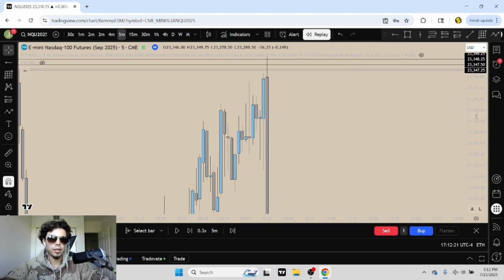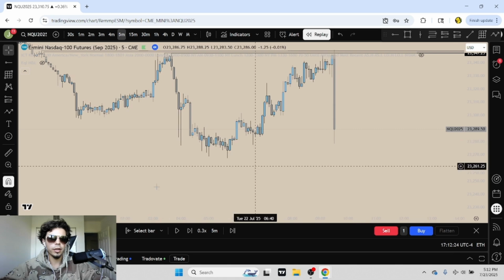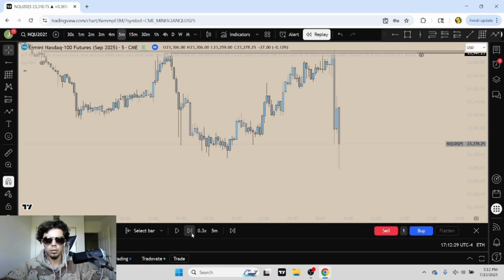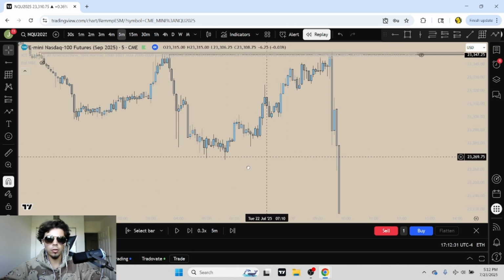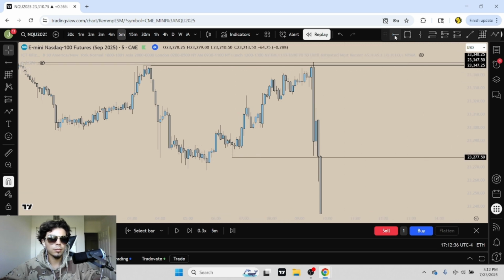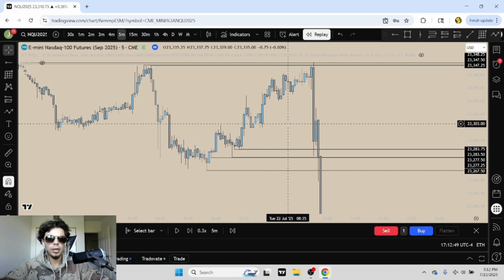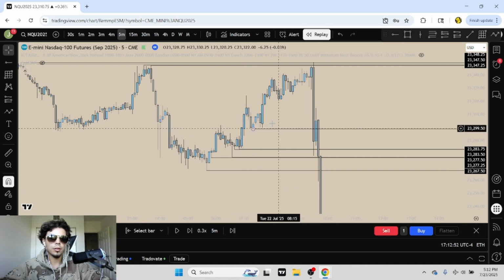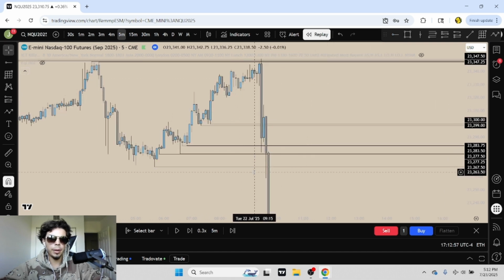Sweep out all those highs and then absolute mania to the downside, right? And it just kept on going. Taking out, what did it go take out? Took out these lows. Took out these lows right there, relatively equal lows. Took out these lows, also in that general area. What did it take out? Took out these lows. Need I say more? Took out that set of lows. Took out this set of lows, right? So we just filled